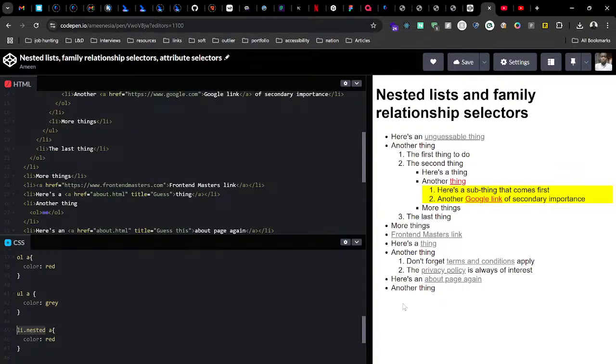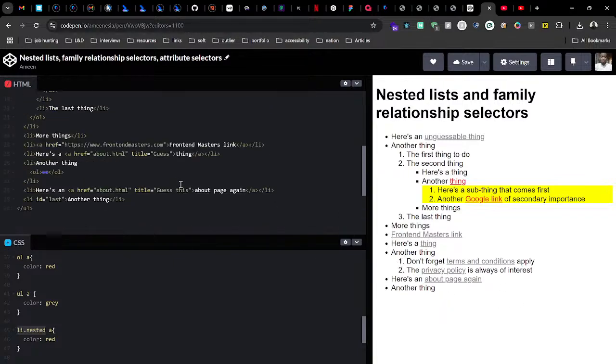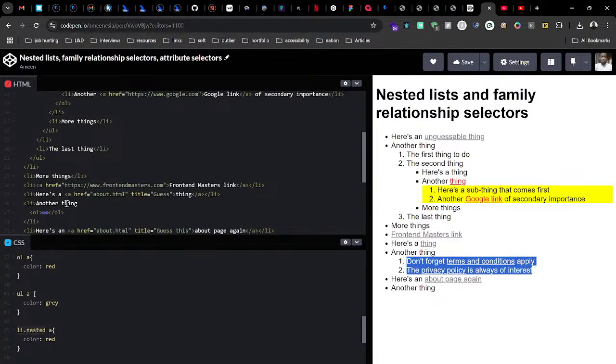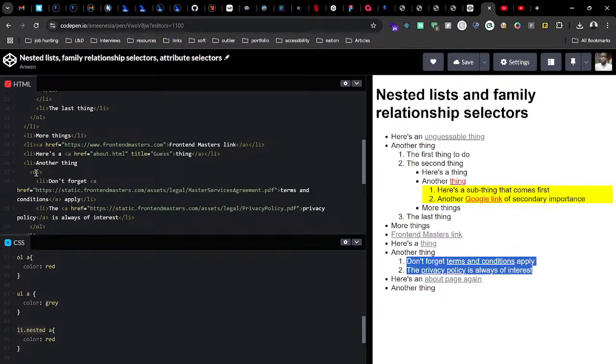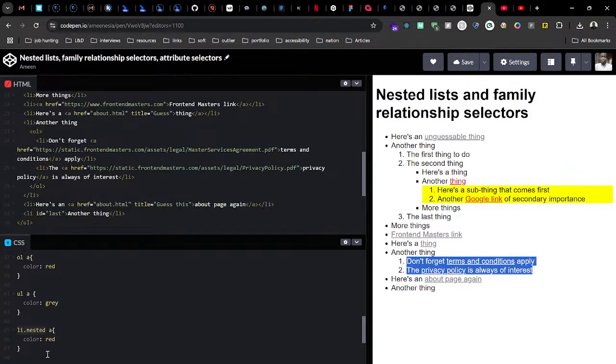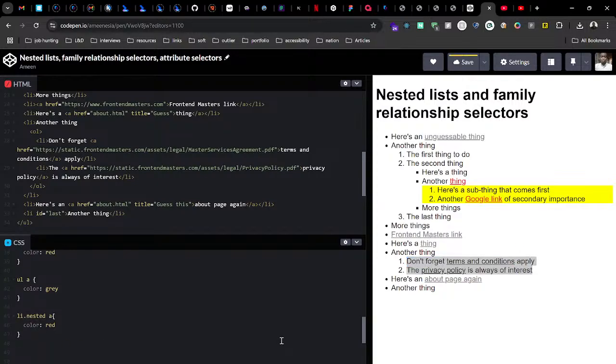Now, say for example, I want to target just these links over here, right? I want to target just these links over here. How can I go about that? You can see I can make use of this OL. Okay, this doesn't have a class. Basically, so because of the specificity, right,